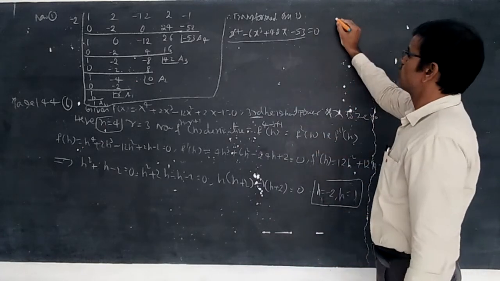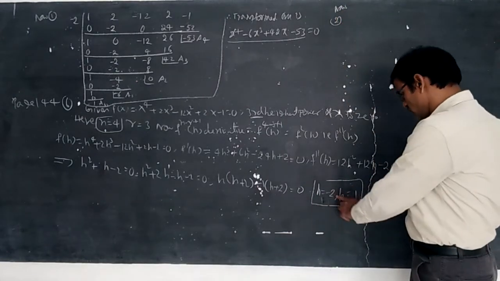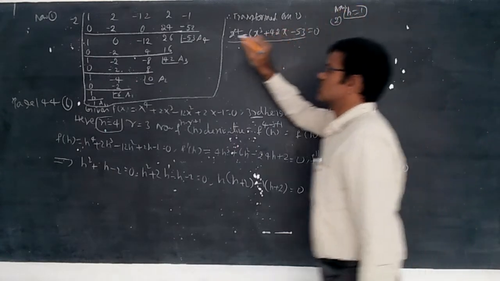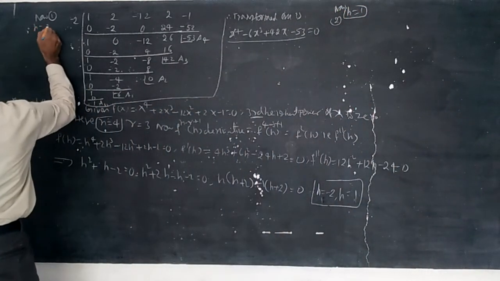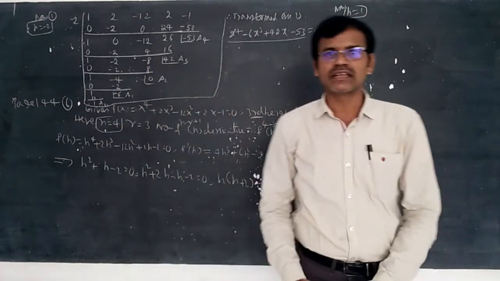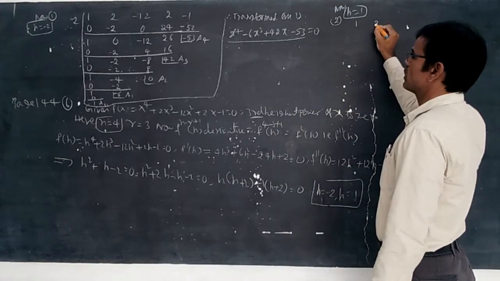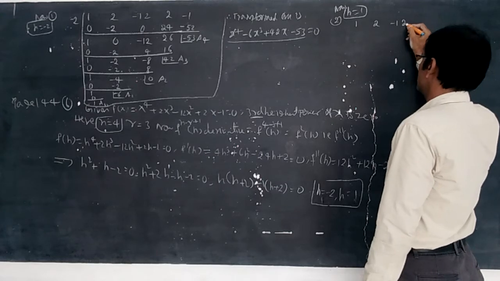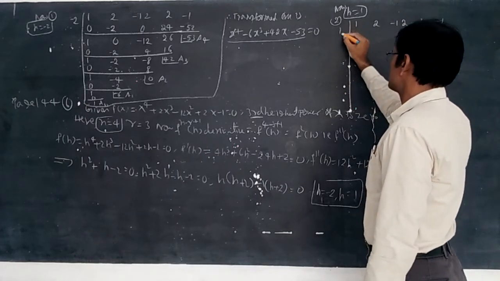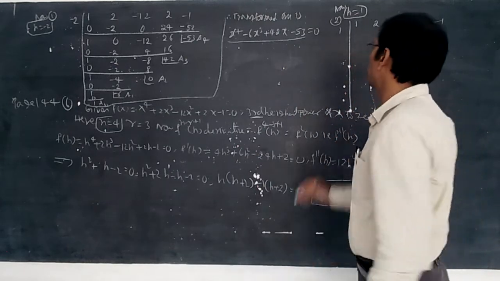And using, now put the second one. Now the second one, that means using here h is equal to 1. H is equal to 1 and like that. Now you can write h is equal to minus 2. So using h is equal to minus 2 and h is equal to 1, we are calculating the transformed equations. In the similar way, you write here the coefficients 1, 2, minus 12, 2, minus 1. The number you write simply 1. Here 1 is there, students. 1 only write. Don't change 1.